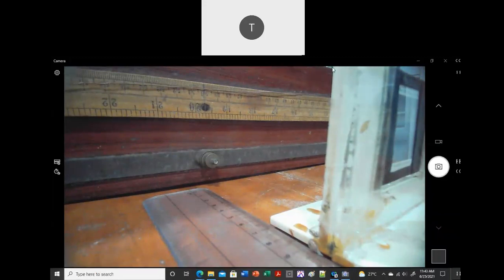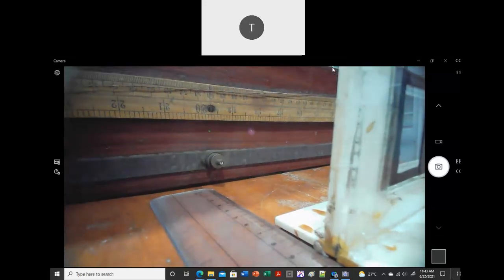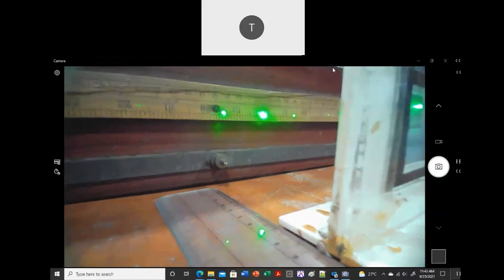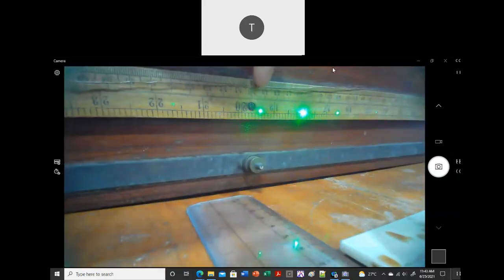So in this, as we can see here, what I will do is shine the laser light, and then what happens? Once I shine the light, you can see it is getting split into different order spots. So you have to find the spot. Where is this spot? This spot is around 49.4 or 49.5, and then the other spot is at the other end.